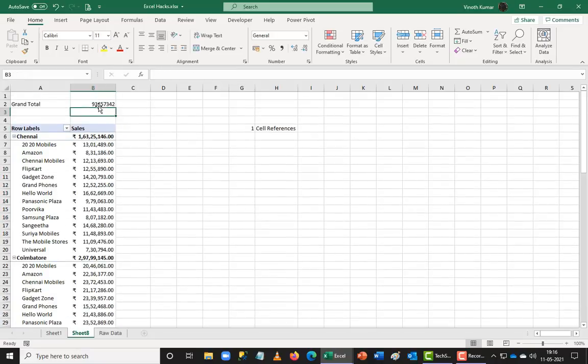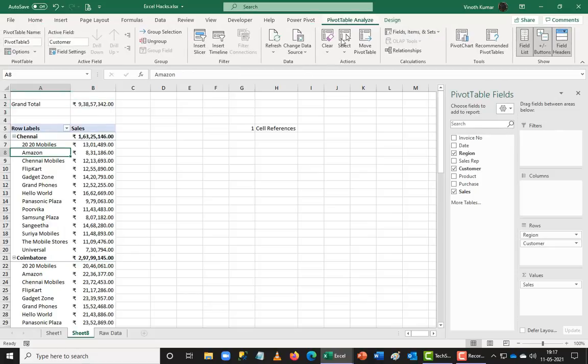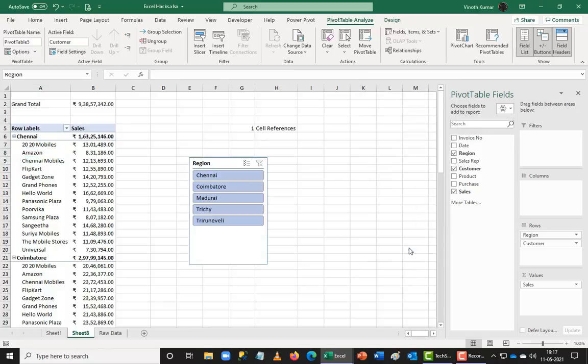You can see that it automatically gives you the GETPIVOTDATA formula with another component. So now I'm going to add the list here. Now I got the first dimension using GETPIVOTDATA. If I add a slicer right now, I want to take Chennai alone in consideration. So I'm going to place the cursor here, come back to PivotTable Analysis, add a slicer, take the region alone and give an OK. So you got the list.